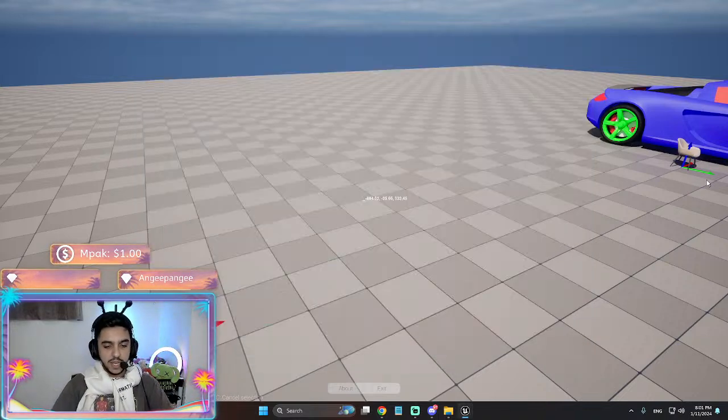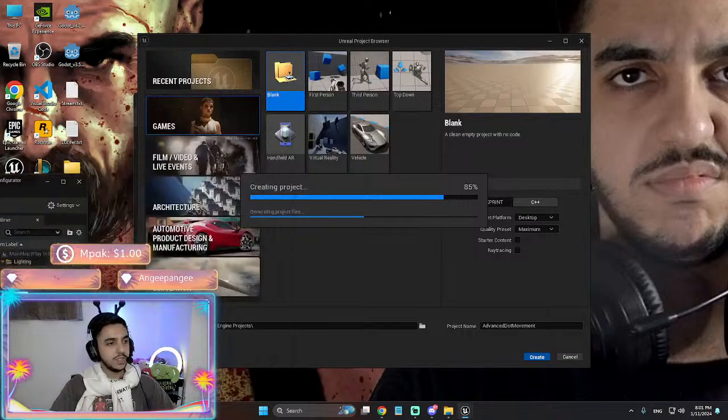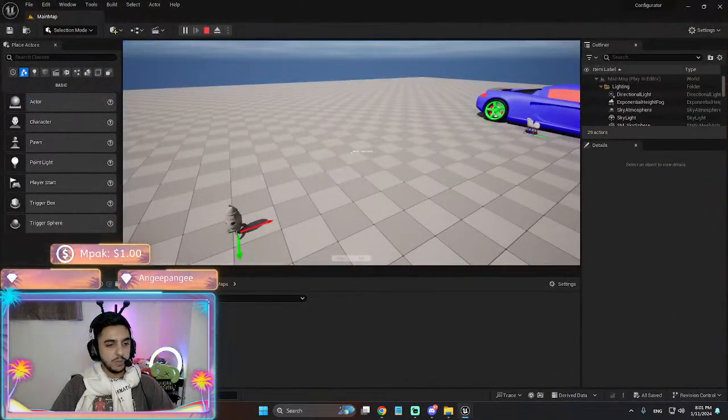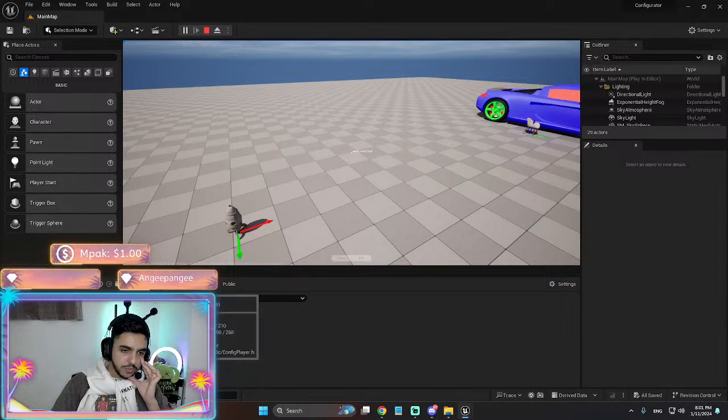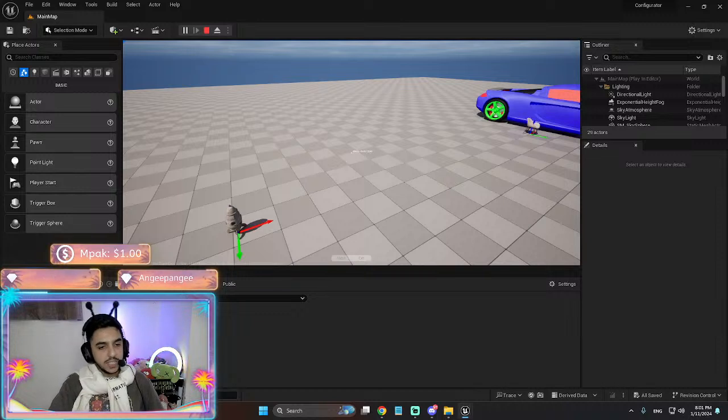Okay, so we have the project open here, and I'm only going to bring the important parts. What I just made here is not that complicated. It's only one select component, and the other one is the player. This player is responsible for all the movement, like with your mouse.